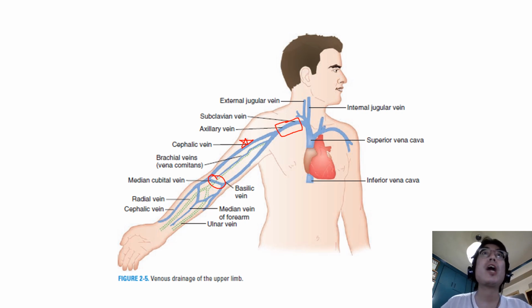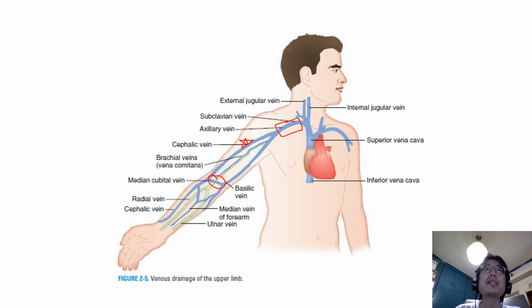The basilic vein arises from the dorsal venous arch of the hand, and it accompanies the median antebrachial cutaneous nerve along the ulnar border of the forearm, and it passes anterior to the medial epicondyle. It pierces the deep fascia of the arm and joins the brachial vein to form the axillary vein more proximally at the lower border of the teres major muscle.